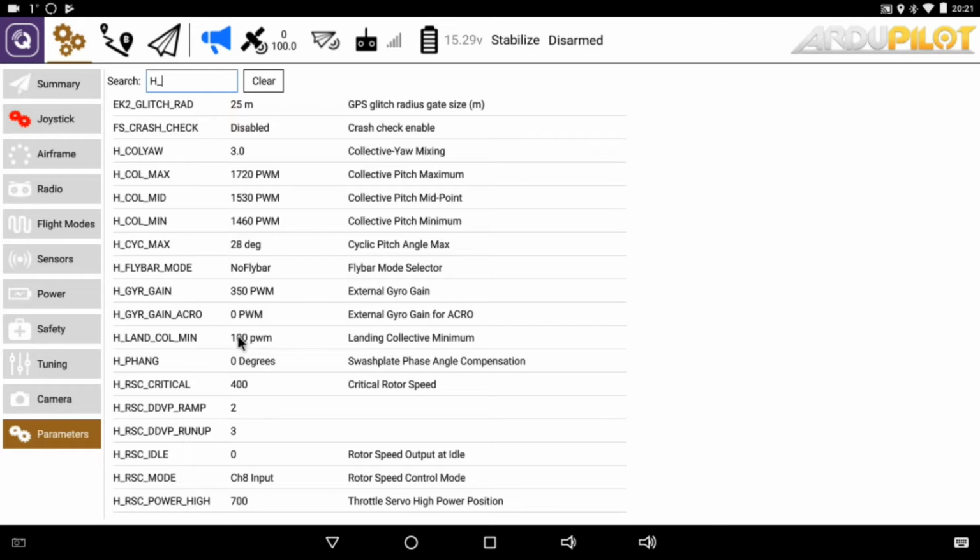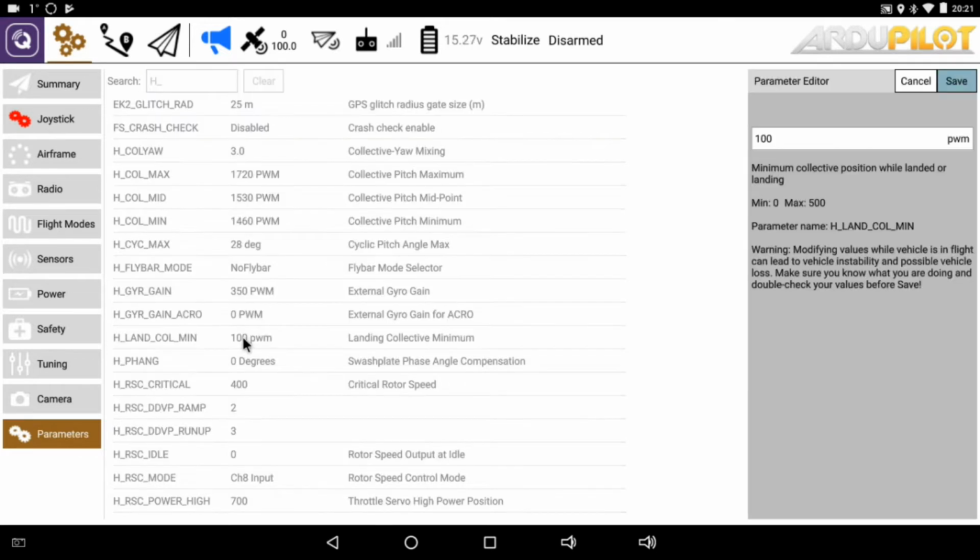I mentioned in that second video that setting this is very important. It doesn't explicitly say so in the software here, but the setting is in PWM microseconds with a range of 0 to 500. Now, this is kind of confusing because